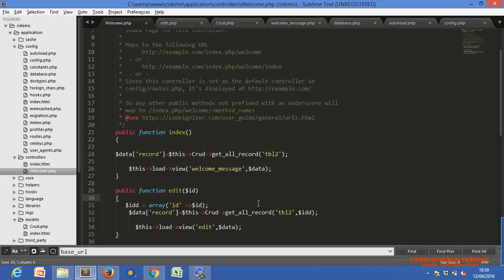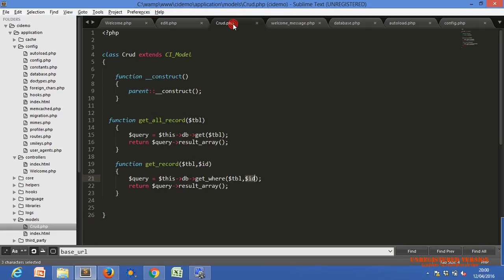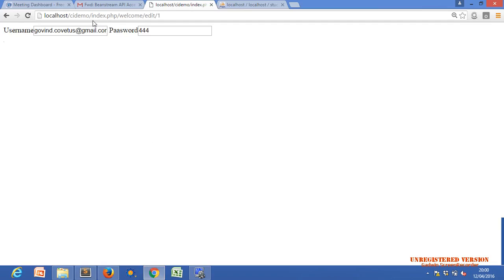It should not work. One second. Get all record. It is showing the same record, only one record or all?